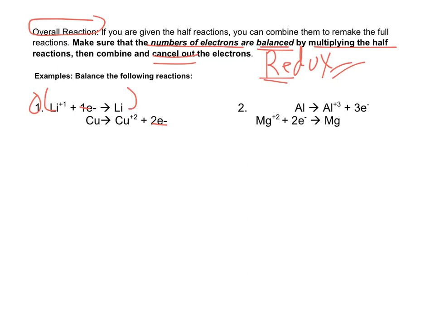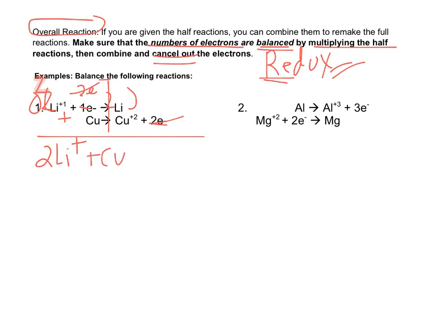So for this one, 1 and 2, basically we'll go least common denominator, which would be 2. So I could double my half reaction to create 2 electrons, and that also gives me 2 lithium ions, 2 solid lithiums, but then my electrons would cancel out. An overall reaction, kind of like back in Unit 15, when you're combining mechanisms, like multiple steps, you then write everything that didn't cancel out, but you have to account for the multiplier. So now we have 2 lithium ions